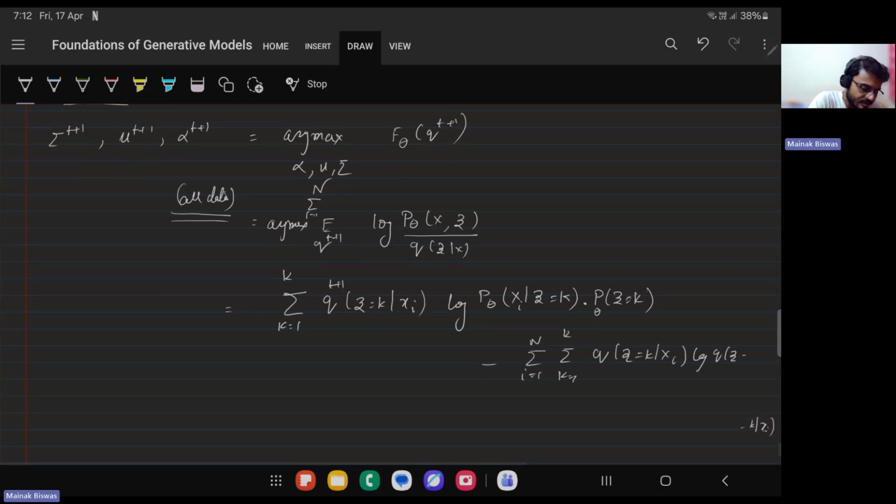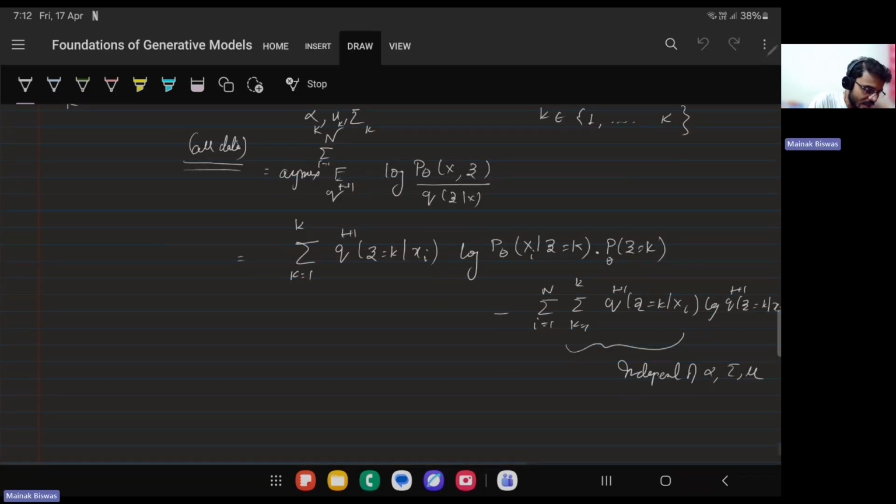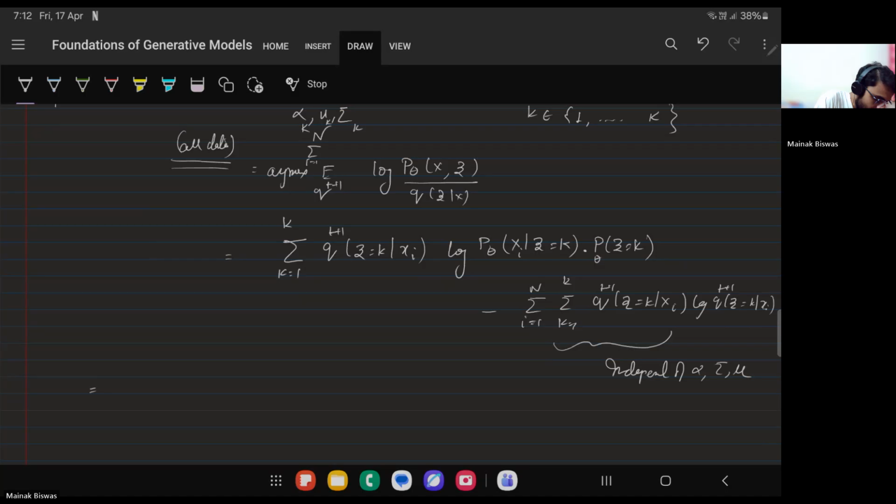So this is, you can see, independent of theta, independent of alpha, sigma, mu. So if it is independent of all these terms, I can just drop them. This is what we have seen. We have to define this for every alpha k, so k from all the clusters, all the Gaussians. Okay, so I can write this down as